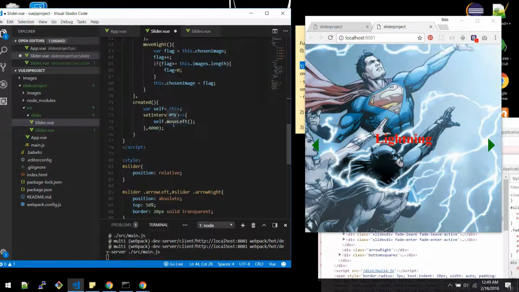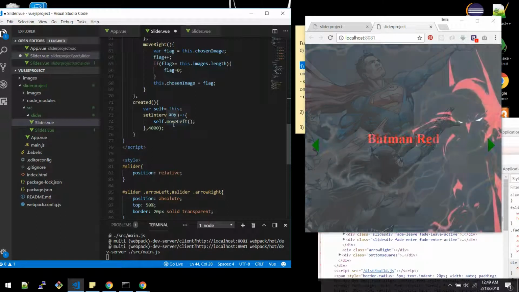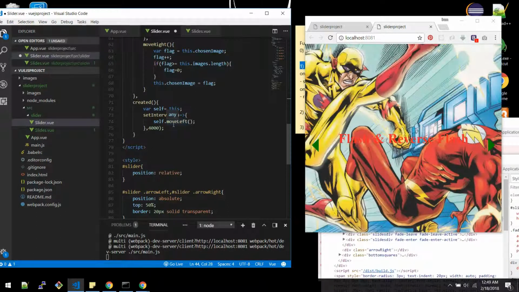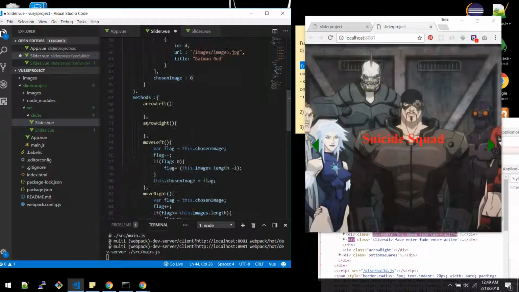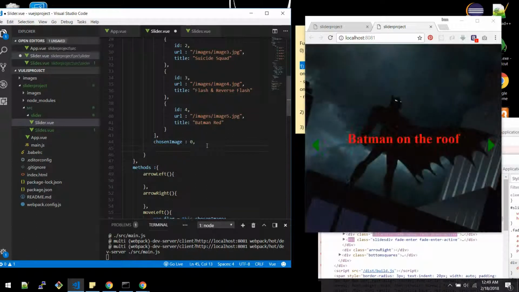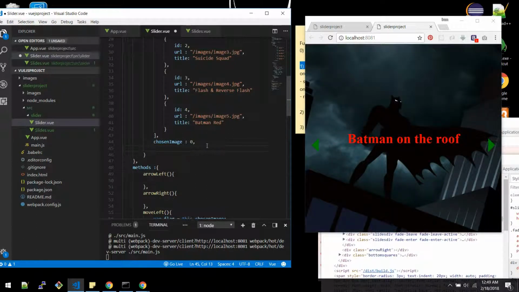So this action is done twice if we click the arrow button. We don't want that to happen. I hope you understand what I'm saying. So in order to avoid that from happening,